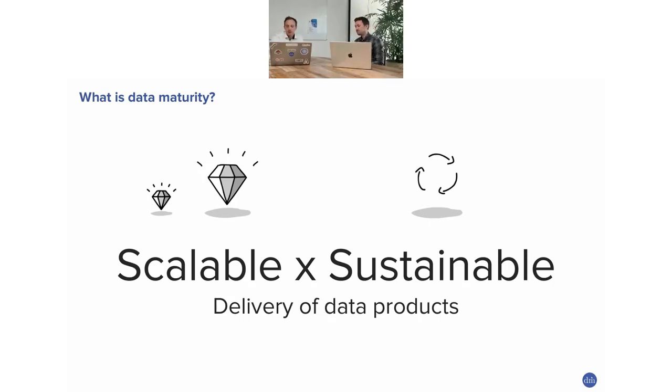Yeah, and that's in the end the essence of why you create a data organization in the first place, because you want to do something with that data. You don't just want to collect it and put it on a data lake. You want to create what they call data products, and that can be a dashboard, that can be just a CSV file, that can be a mobile app, that can be an algorithm, whatever it is. But if you do something with data, you consider it as a product, you offer it to the rest of the organization. That's what we consider to be a data product, right? And, yeah, exactly.